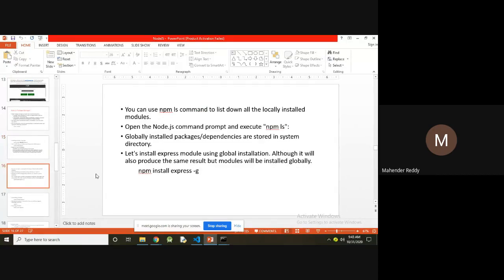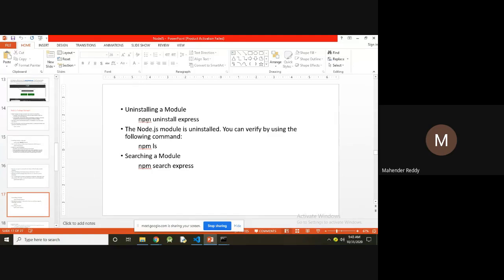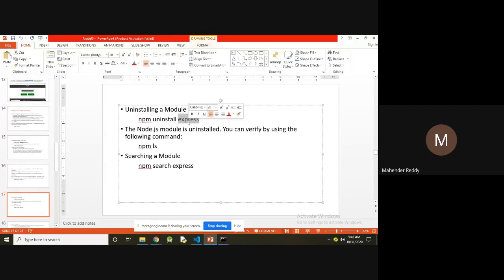Next, uninstalling a module from npm. Use the npm uninstall command to uninstall the module. For installation it is npm install module name; for uninstallation you use npm uninstall express, where express is the module name.